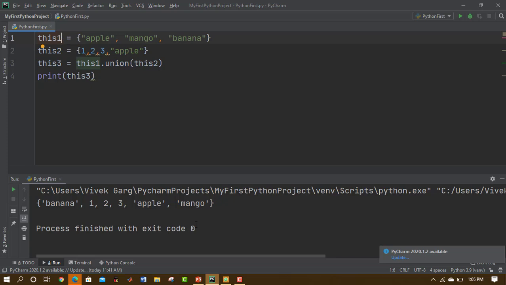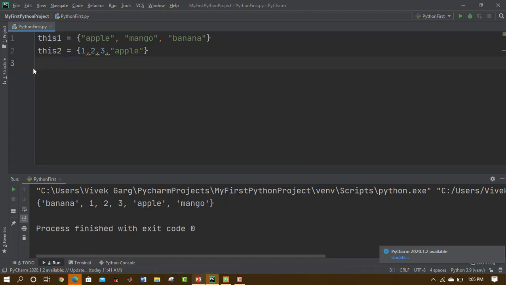But you can observe apple is eliminated. I mean the duplicate apple is eliminated. So the union method does remove the duplicate elements. Here is one apple, here is another apple. So when we form a union of both the sets, the duplicate elements are removed.